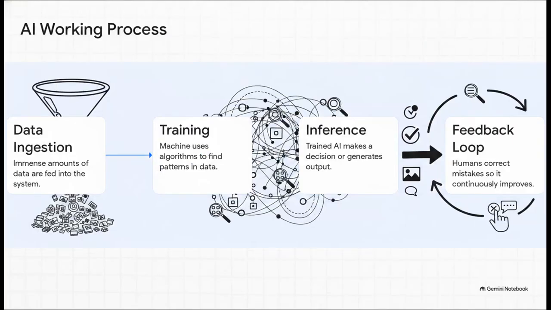To really wrap our heads around this, let's break the AI process down into 4 steps. First up, data ingestion. This is where immense amounts of data, millions of pictures, text files, whatever, are fed in. Second is training, where the machine uses algorithms to hunt for patterns in all that data. Third is inference. This is the payoff, where the trained AI uses what it learned to actually make a decision. And finally, the feedback loop, where human feedback steps in to correct mistakes so the AI keeps getting smarter over